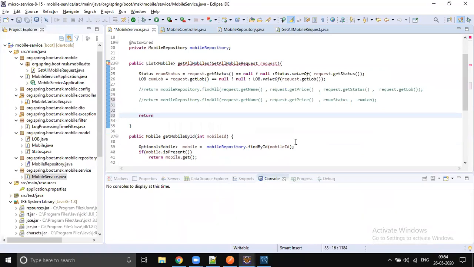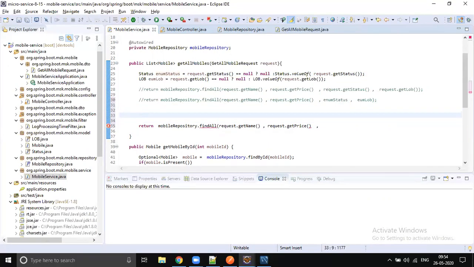Return. So in the mobile repository, find all with name and price is no problem because those are strings. But when it comes to enum, what should we do? You have to create the enum type, and you should generate an integer from this enum if it is not equal to null.